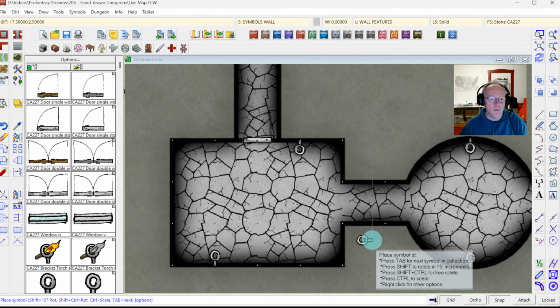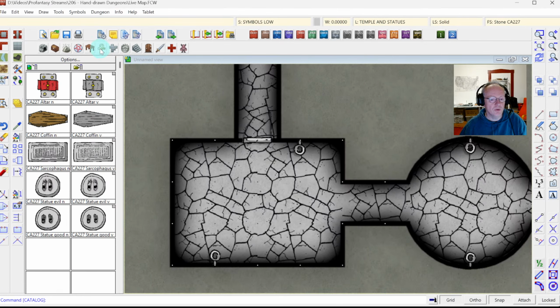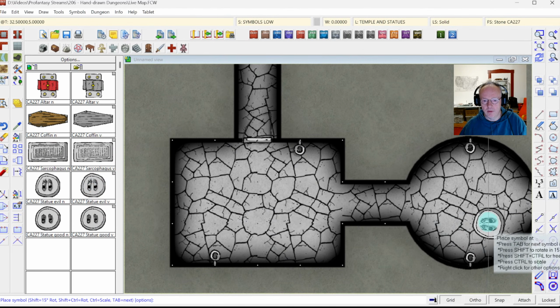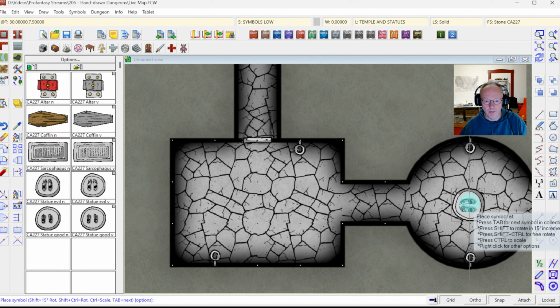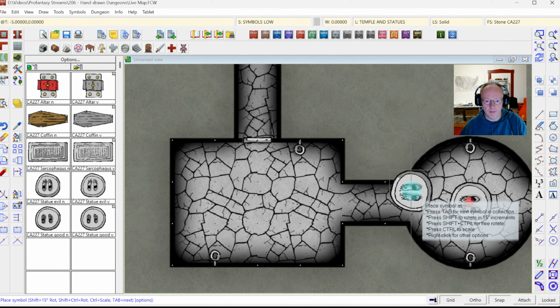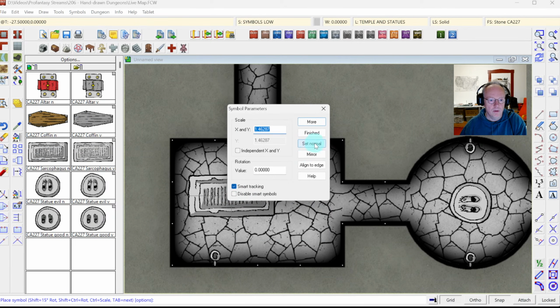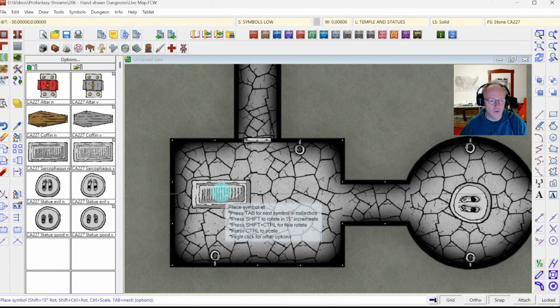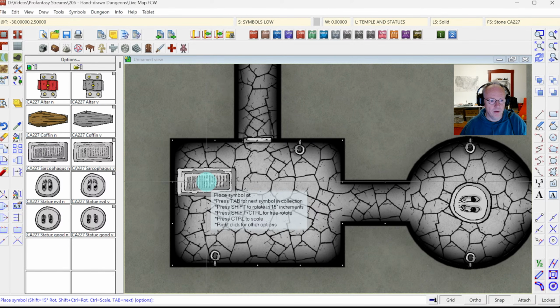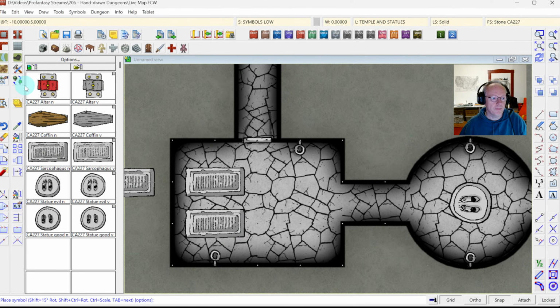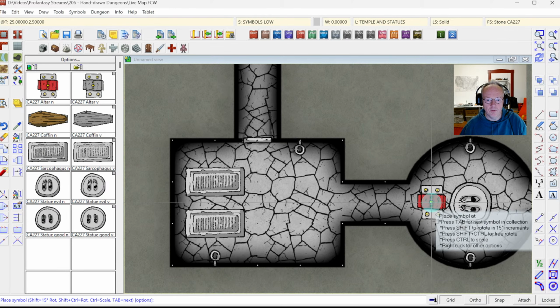So I'm thinking perhaps there's a secret grave here or something, a holy site for someone who doesn't want others to find this. So what I'm going to do is put the base of a statue here in this room. Might perhaps make it a little bit larger. There we go. And then a sarcophagus, normal size, or a couple of sarcophagi, one here and one here. And perhaps a little altar here in front of